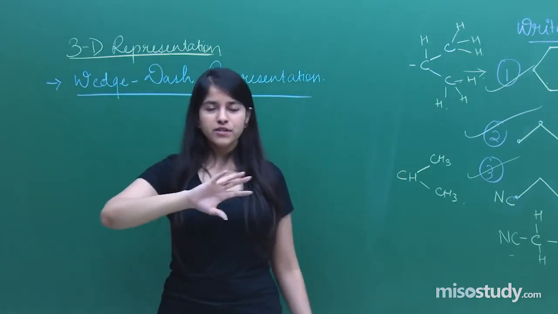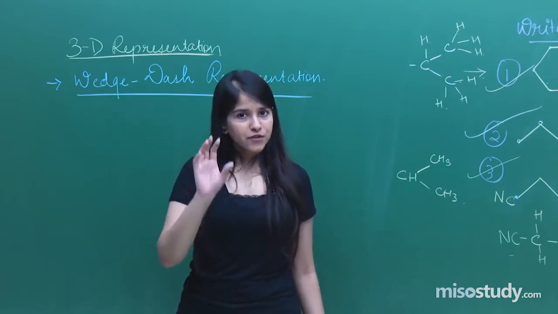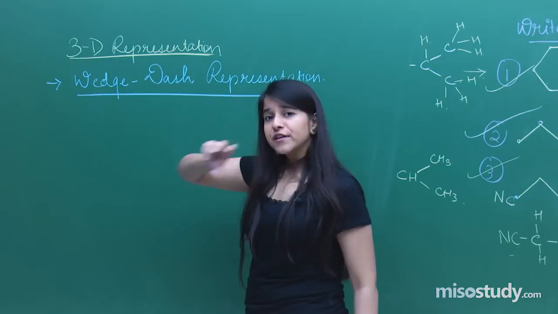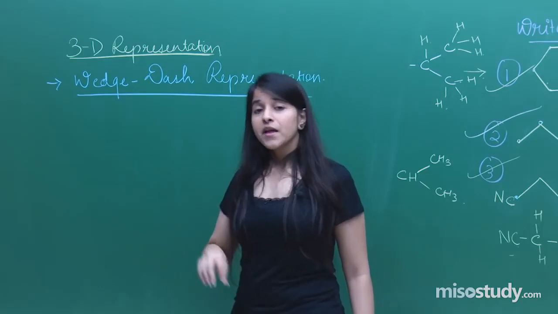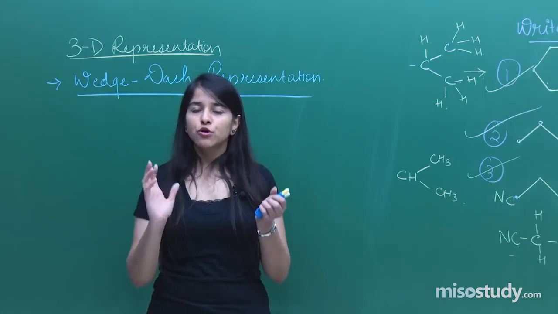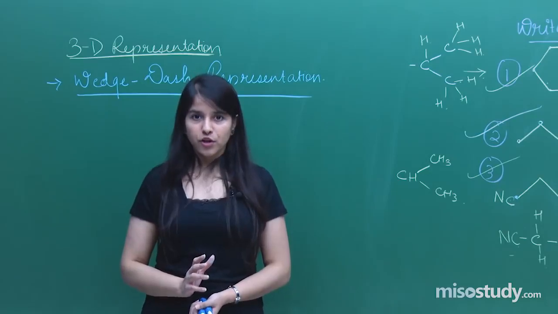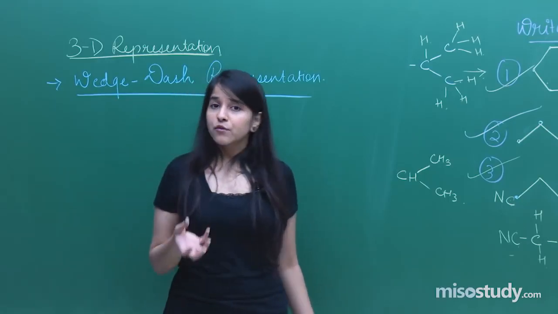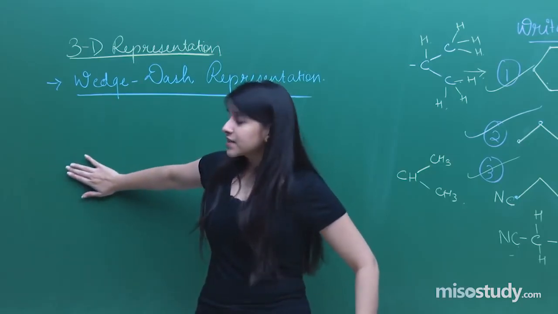Actually, a molecule is never in a plane of paper. It can be or cannot be. If it has got a trigonal planar shape, then it can be represented as a triangle within the plane of board. If it has got a linear shape, again it can be represented in a plane of paper. But if it has got tetrahedral shape, then I need to look at the molecule in a 3D manner. So you need to have a 3D representation of the molecules, because molecules are also occupying space. Anything which is occupying space will be present in 3D dimensions, not 2D.